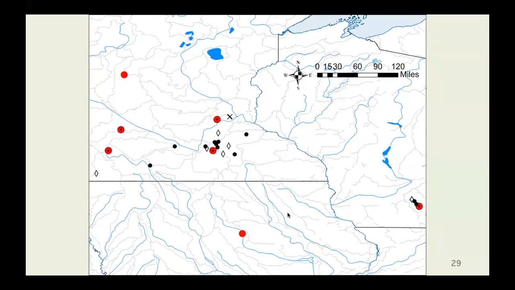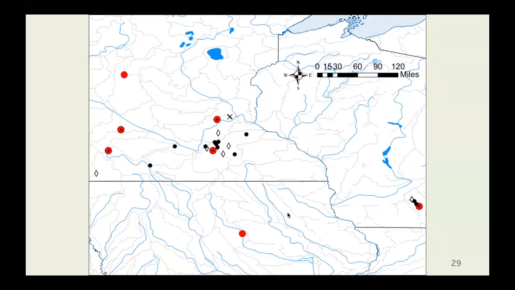What's interesting about this is that you see these two clusters. This one's in the Rock River system in Wisconsin, and you can see that there was co-infection, and then we also detected KHV by itself in two of those. And then this is a bunch of lakes that are connected to the Cannon River and its watersheds. And these occur over 2017 and 2018.